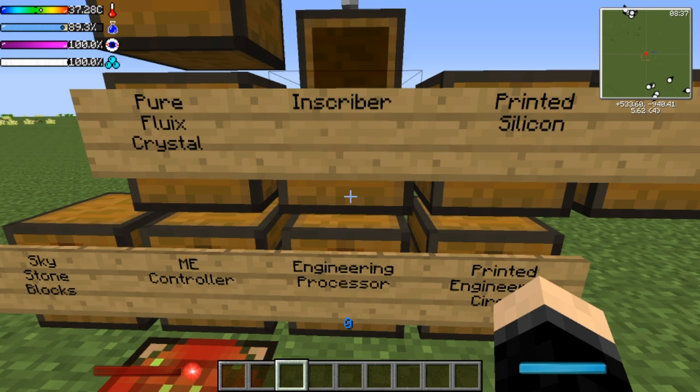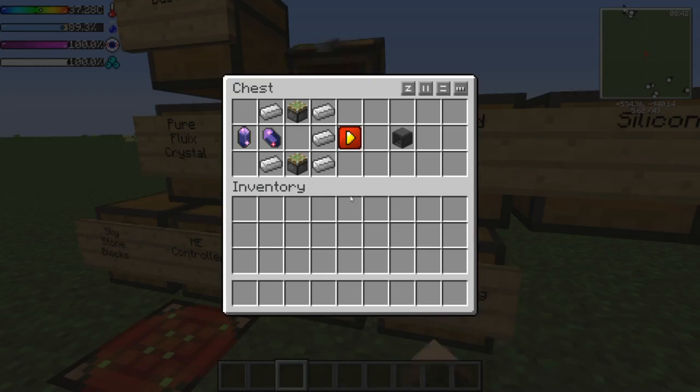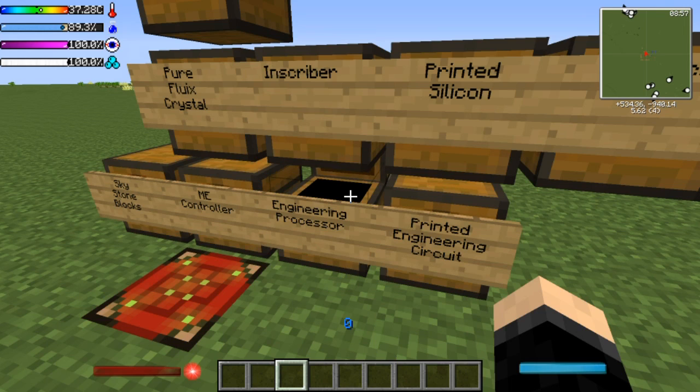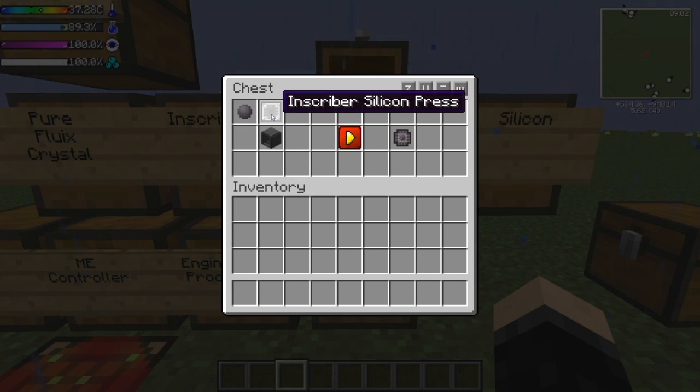Alright, so from there, let's see. The 3 parts that you actually need to put all these things together: we need a printed silicon, redstone, and then a printed engineering circuit. So you obviously know where to find redstone, just any ore in the world. So let's go to the printed silicon. In order to make printed silicon, you need that inscriber, you need one of those presses that I was talking about earlier, and you're going to need a